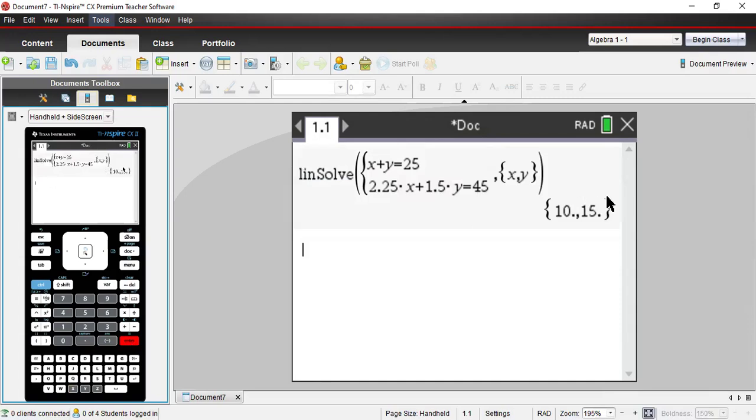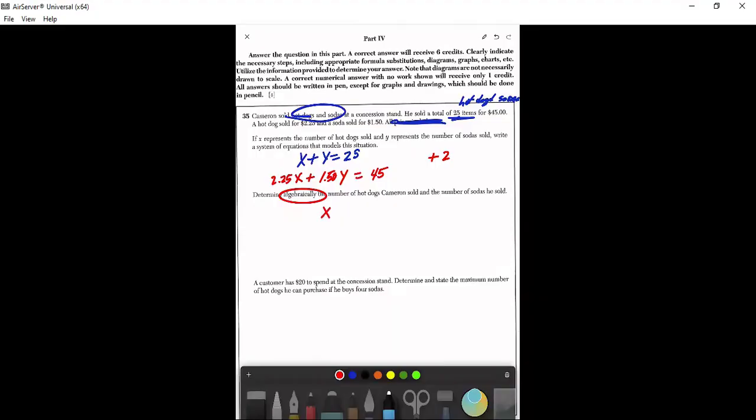And then I press enter. So it tells me that we had 10 hot dogs and 15 sodas. That's what this is saying. So now I'm going to go ahead and write this, even though we didn't do it algebraically. We had 10 hot dogs and